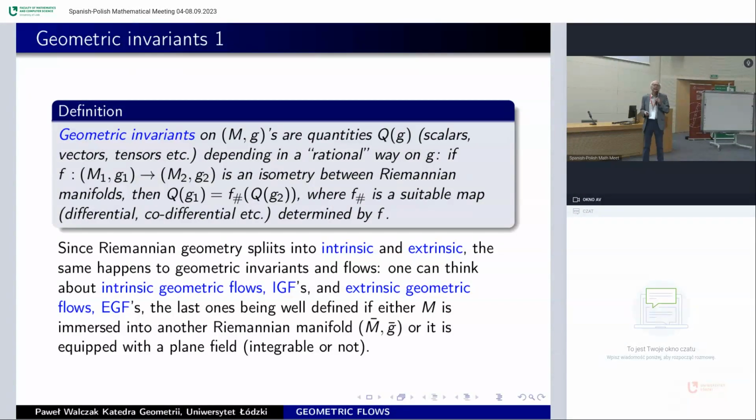Plane field means that this is a function which assigns to any point of a manifold a linear subspace of the tangent space, and usually we assume that it depends smoothly on the point, and in particular, all these subspaces are of the same dimension. Sometimes this plane field can be integrable or not. Integrable means that at any point you have